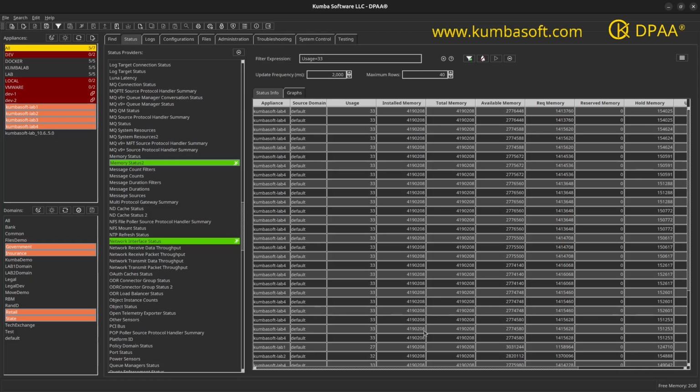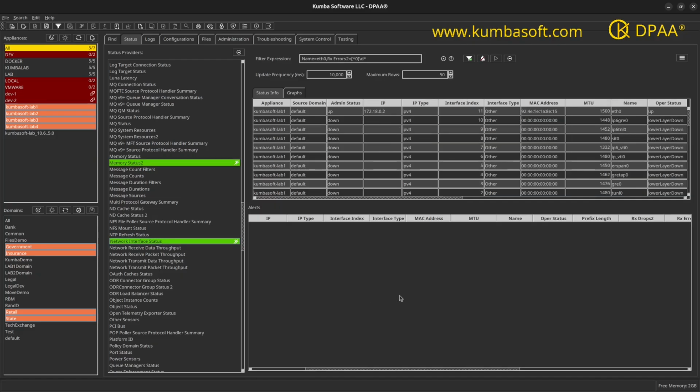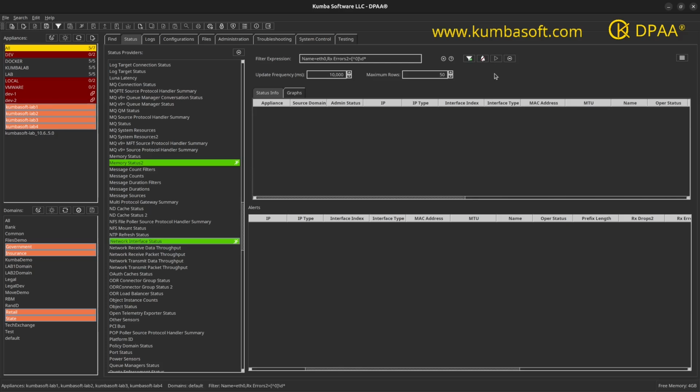Now, this was kind of a contrived example because I wanted to show you active alerting that's going on here, but a better use case of alerting would be in the case of this screen here, where I've got the query up here that says, okay, I'm going to look for the name of the network interface, and we're going to call it Ethernet 0, and we're going to look for an error state of 0 or more. So if I start this up at this point, I'm looking for Ethernet 0